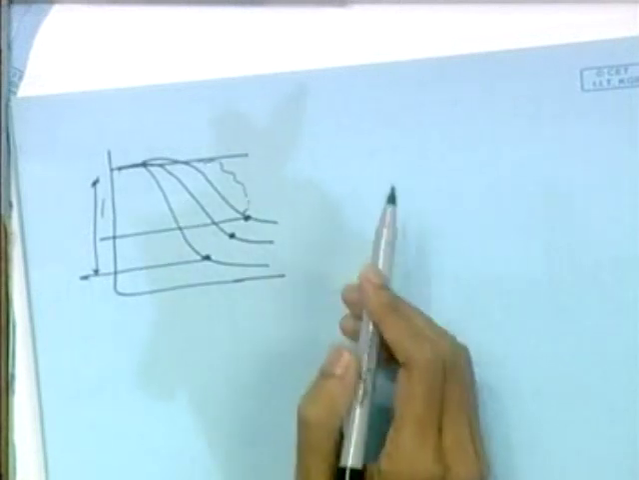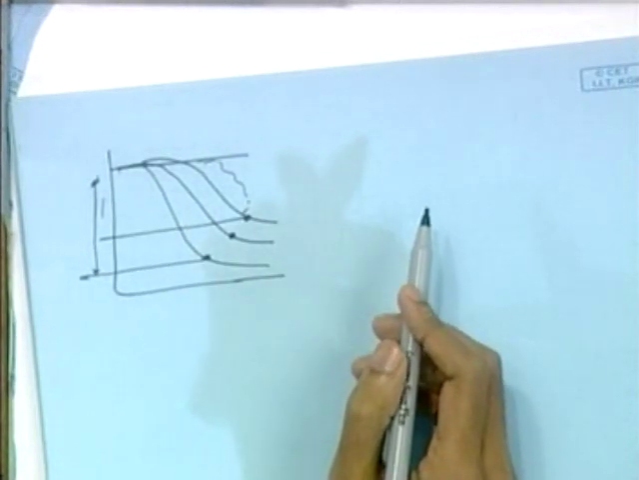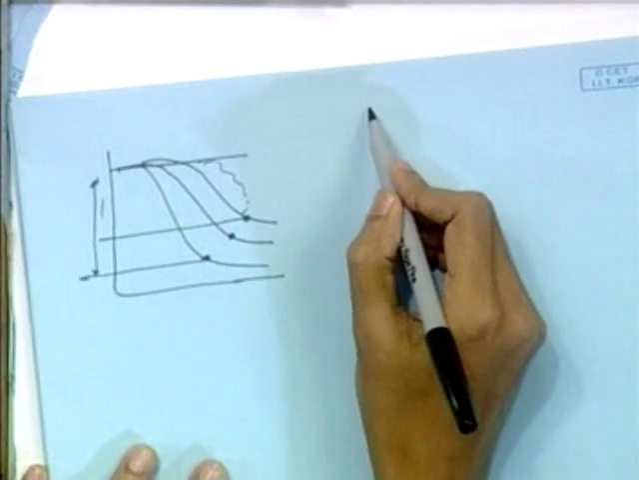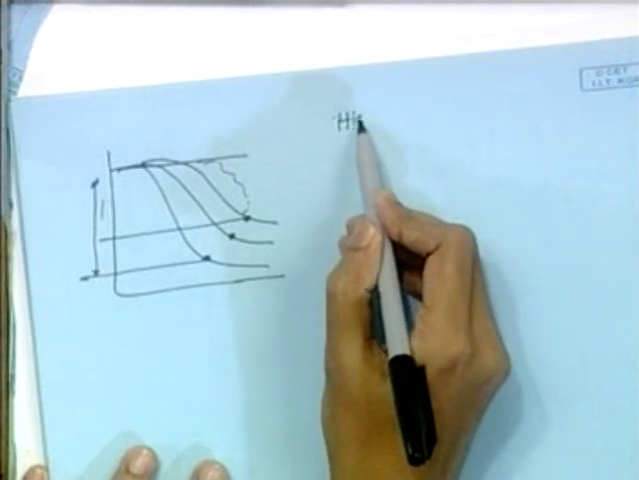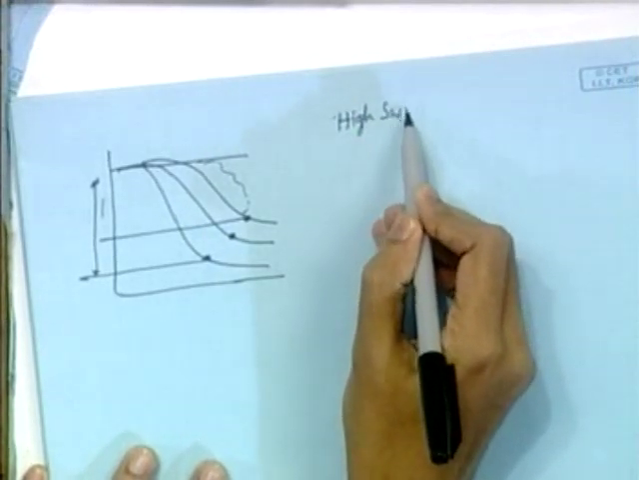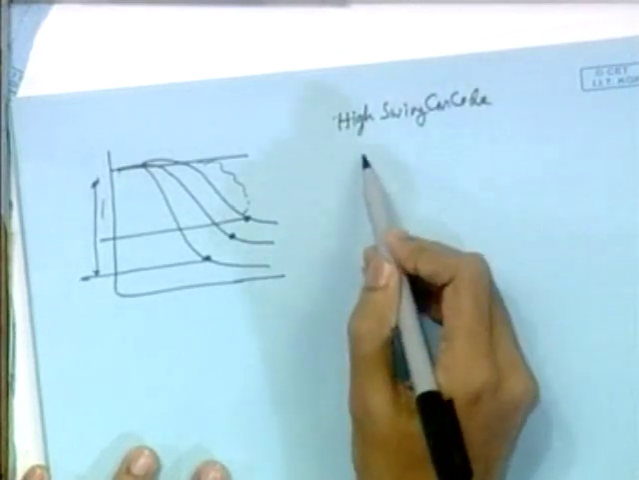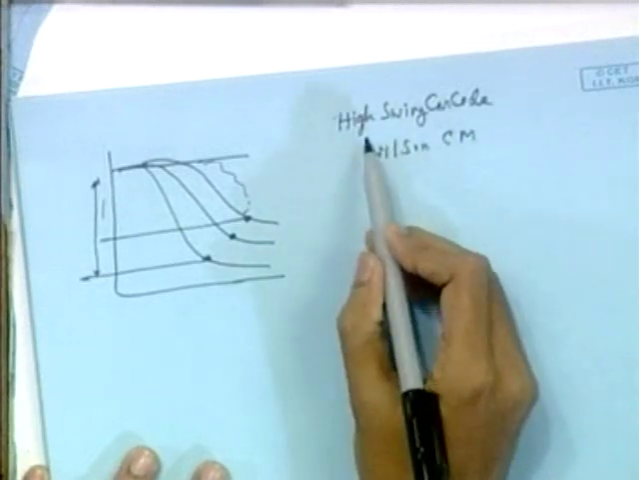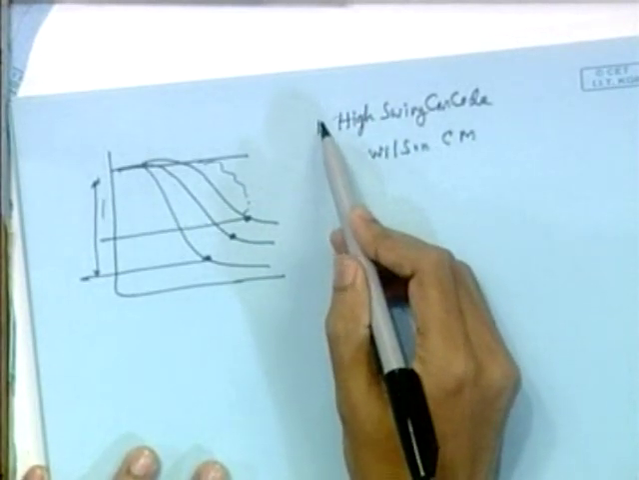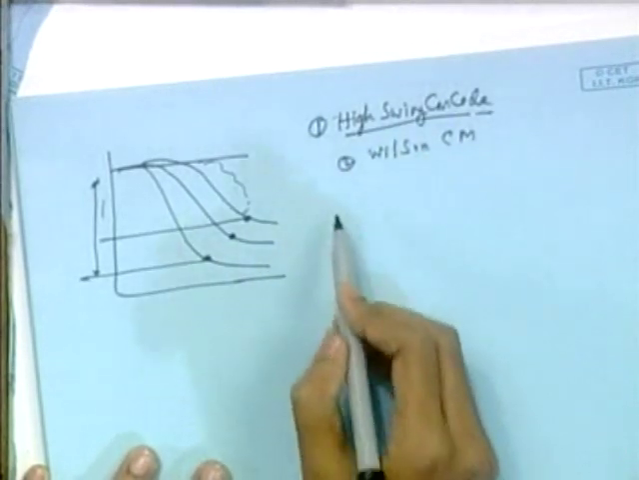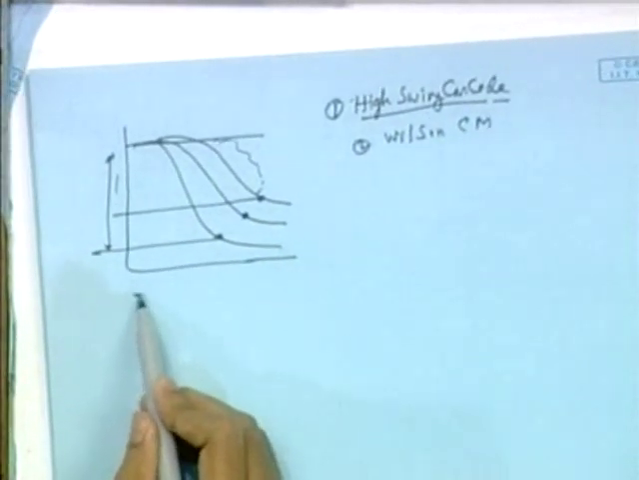And to bypass this problem, we have some fancy circuits here. These are called high swing cascode or Wilson current mirror, Wilson CM. I mean, this is one topology, this is the other. So first we'll discuss this one. The circuit for this